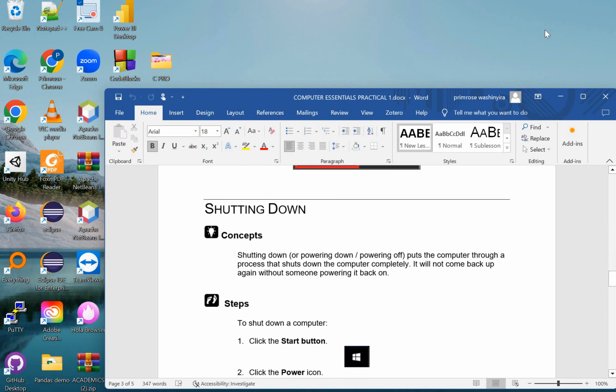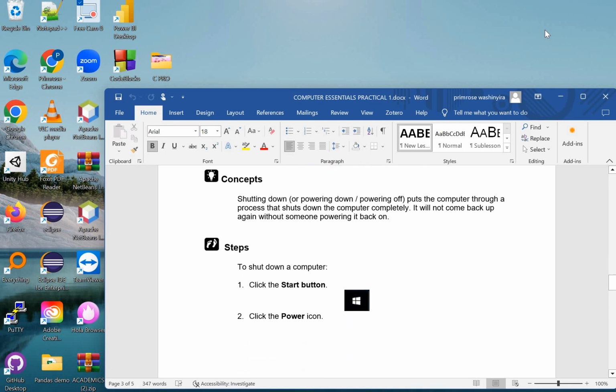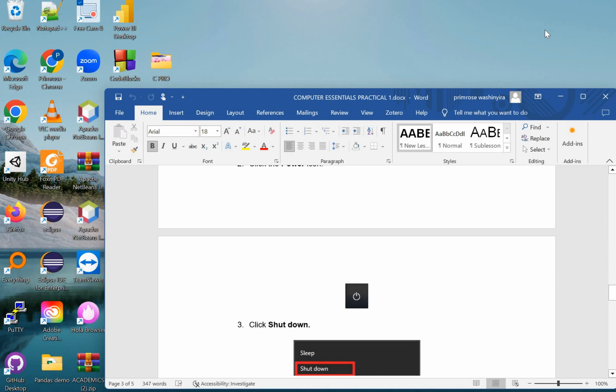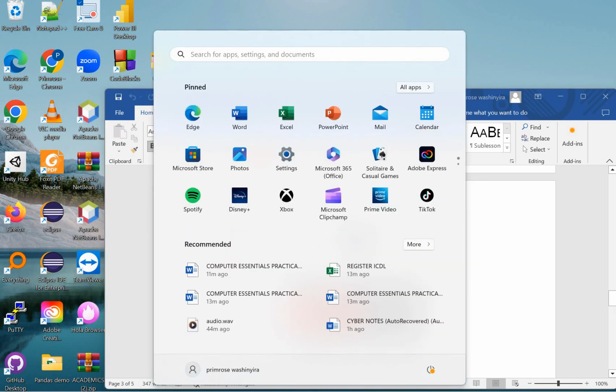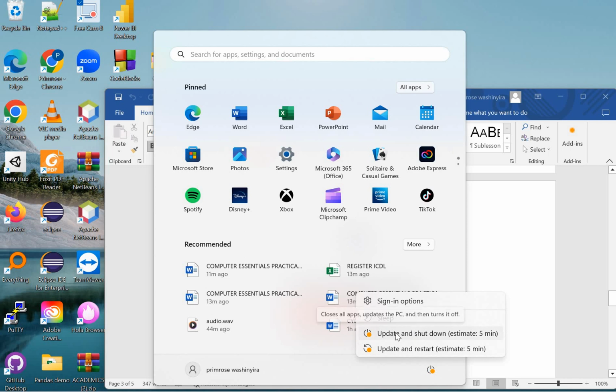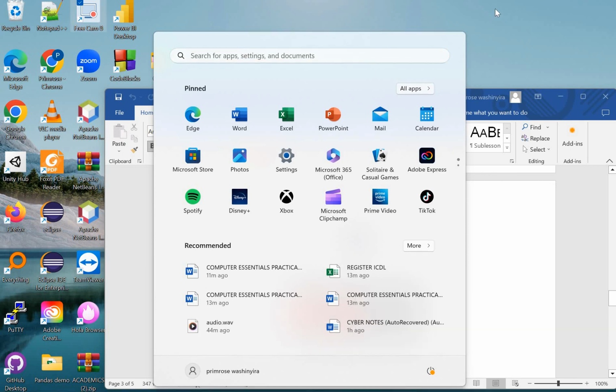The other thing is shutting down a computer. If you want to shut down the computer, again you click the start button, you click the power icon, and then you click shut down. So remember, it is the start button for us to shut down the computer, and then you click this one, that is the shut down icon, and of course you shut down your computer. So these are the basics